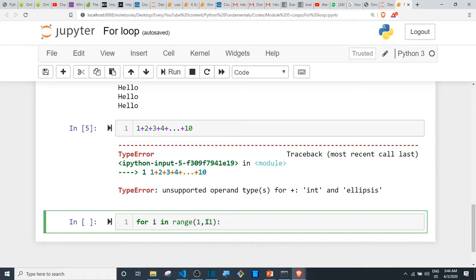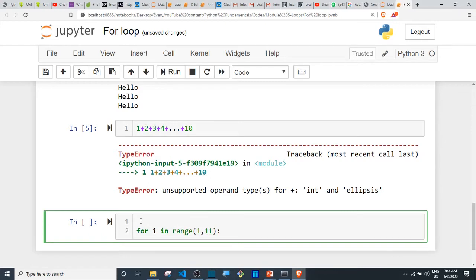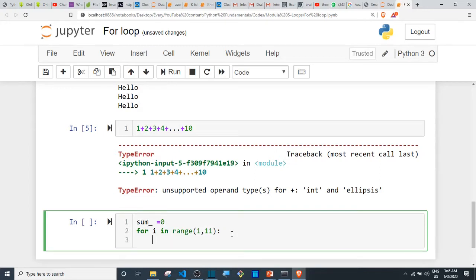Now I want to sum these values, but one thing with summation, before you sum values, first you need to have an initial value assigned to it. So let's say we have sum equal to 0. This is the initial value. Once this is the initial value, at each point in the loop you can start incrementing this value. You can say the new value of sum should be the old value of sum,